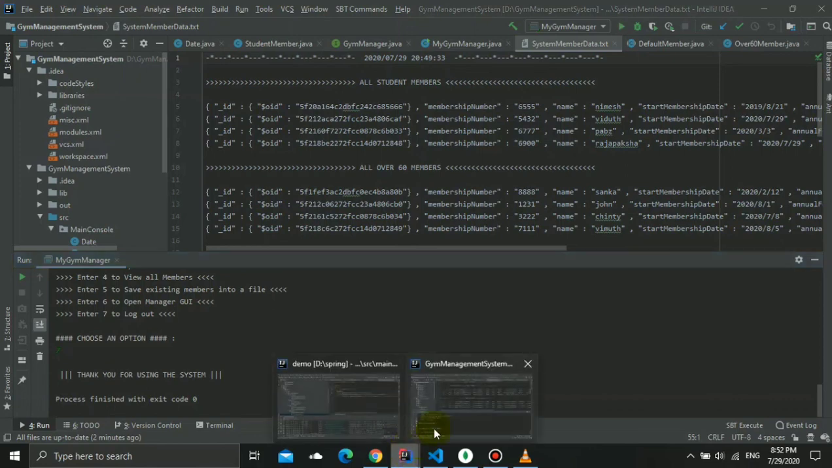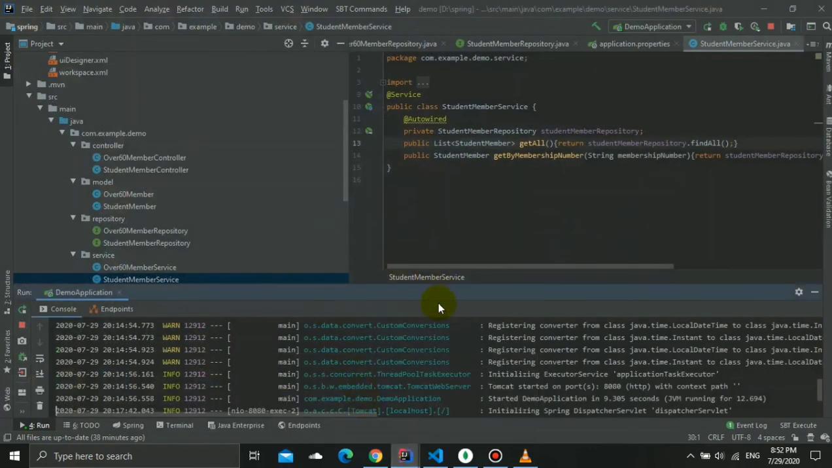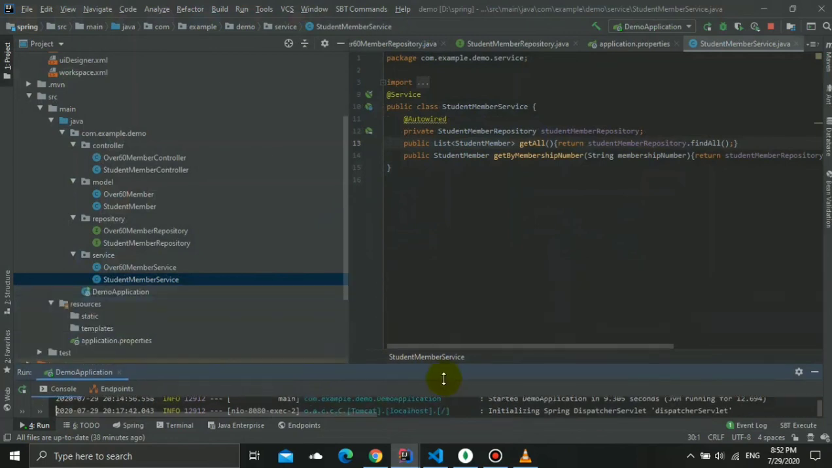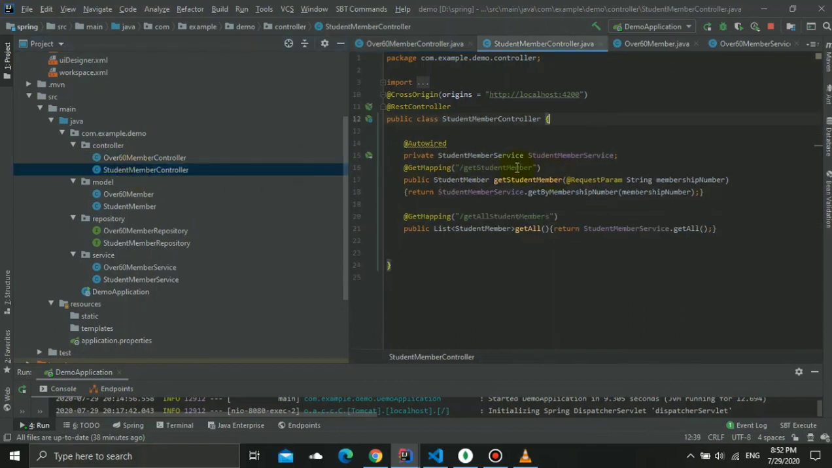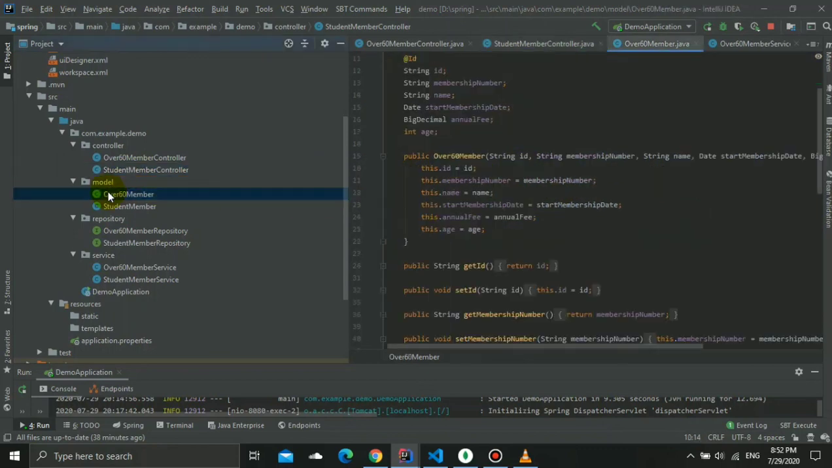Now let's have a look at the backend. This is the over 60 member controller and the APIs for the over 60 member controller, and this is the student member controller, the models,